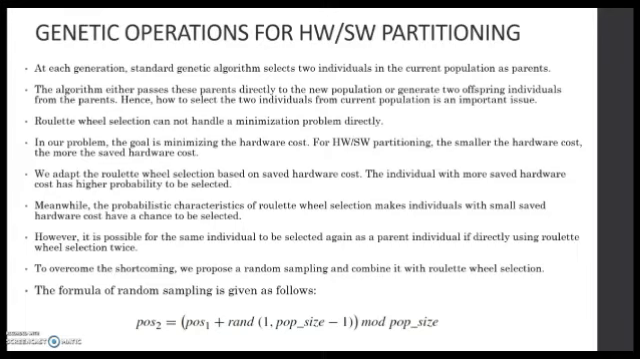selected. However, it is possible for the same individual to be selected again as a parent individual if directly using roulette wheel selection twice. To overcome the shortcoming, we propose a random sampling and combine it with roulette wheel selection. The formula for the random sampling is given as follows. Here,